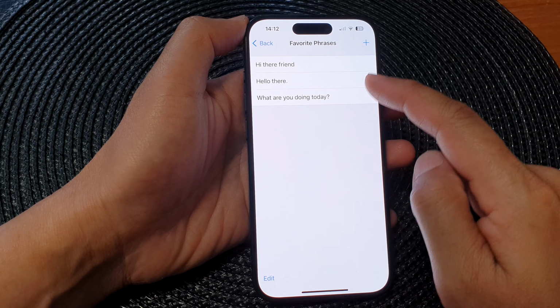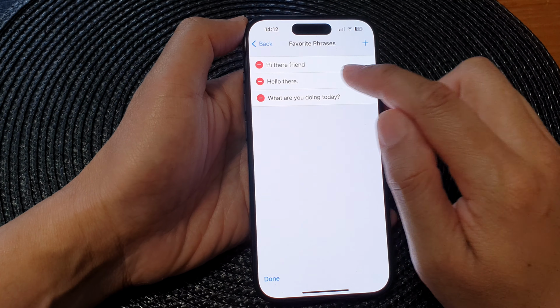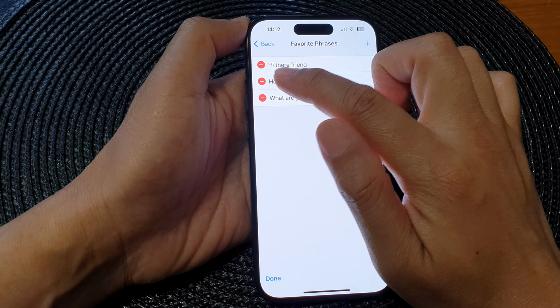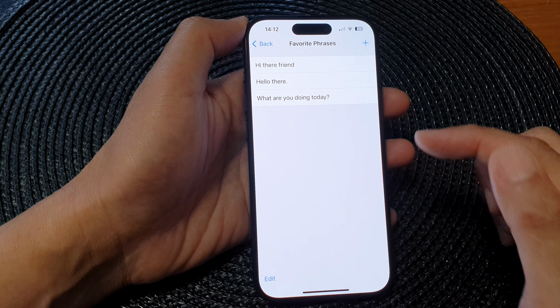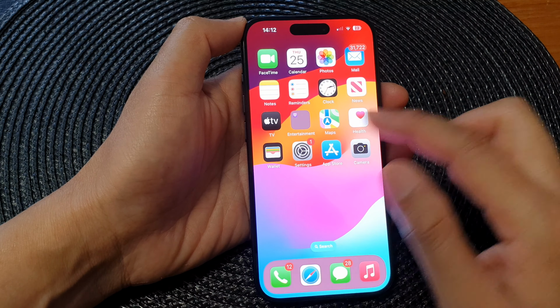You can also edit an existing phrase by tapping on the edit button there, and then from here you can delete and then add in a new one. And that's it. So now if you go and open up your live speech,